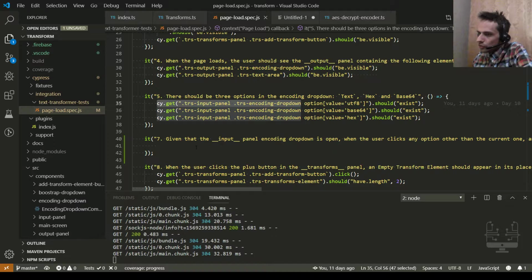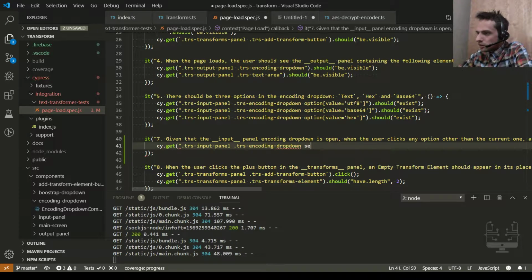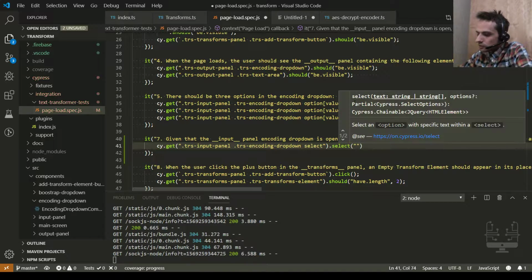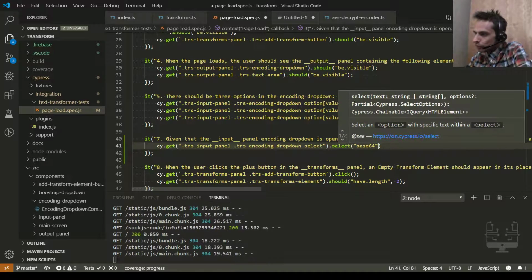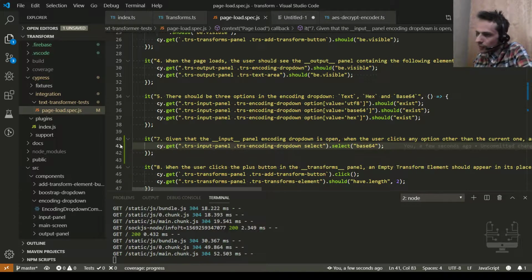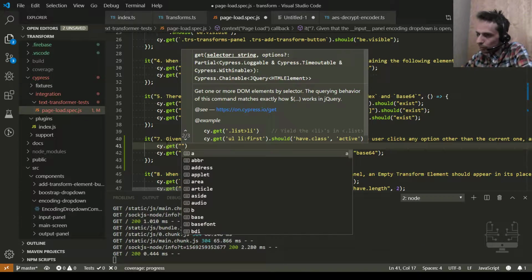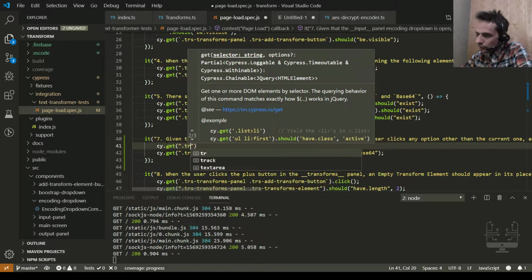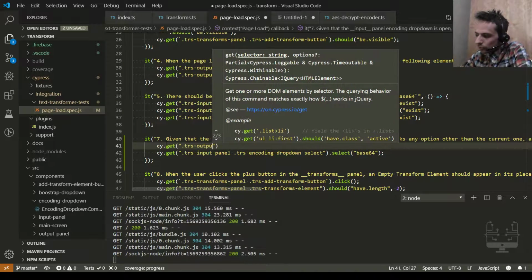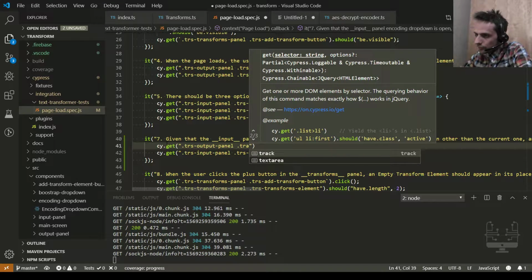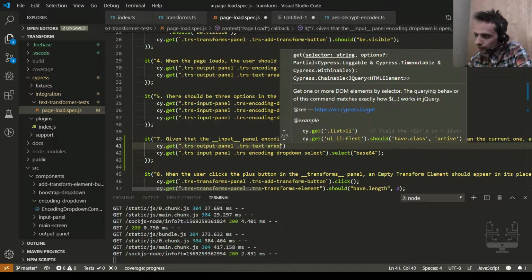This encoding dropdown, select, and I would select here, let's say base 64. Before that, let's get current text from the output. TRS Output Panel, TRS Text Area.